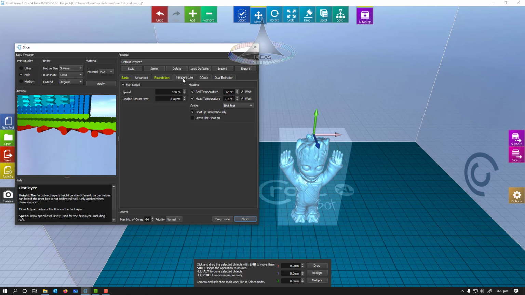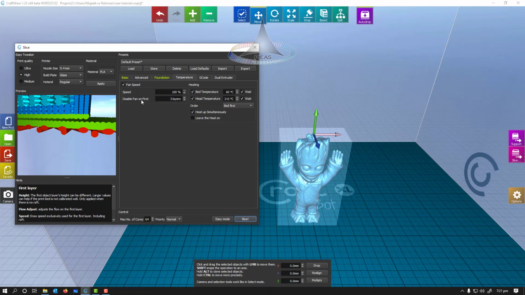After foundation, you are going to discuss temperature. Remember that these temperatures depend upon the material you are going to use. As you are going to use PLA, your bed temperature is 60 degrees centigrade, because your printer in the lab works best on these settings. I'm going to keep the nozzle head temperature at 215 degrees centigrade.